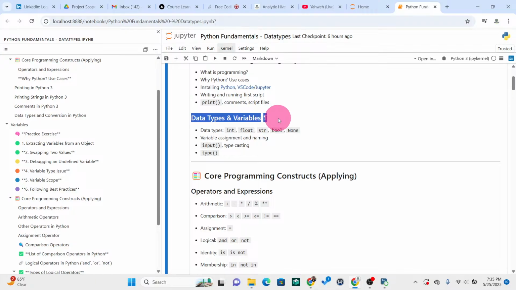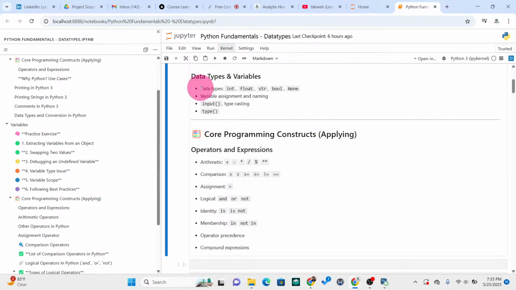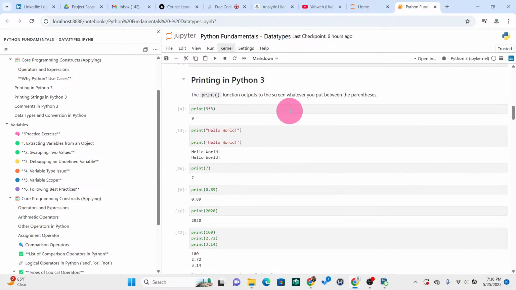Then I think we gave a stab at data types, and I am not sure we did much on variables, variable assignments and naming, among others, right? So in today's class we would have a quick revision of our previous class. Then we'll now delve into variables and then other operators, right? Then by the time we exhaust that, we can move on to the next